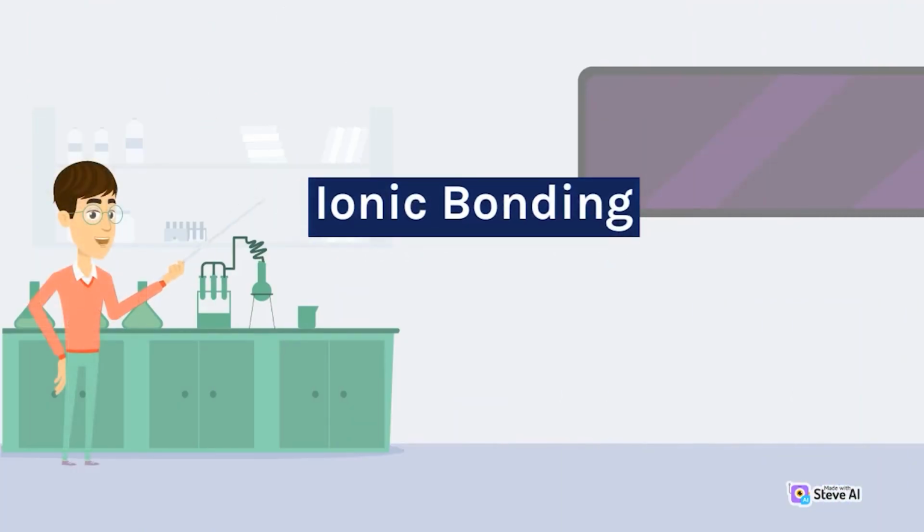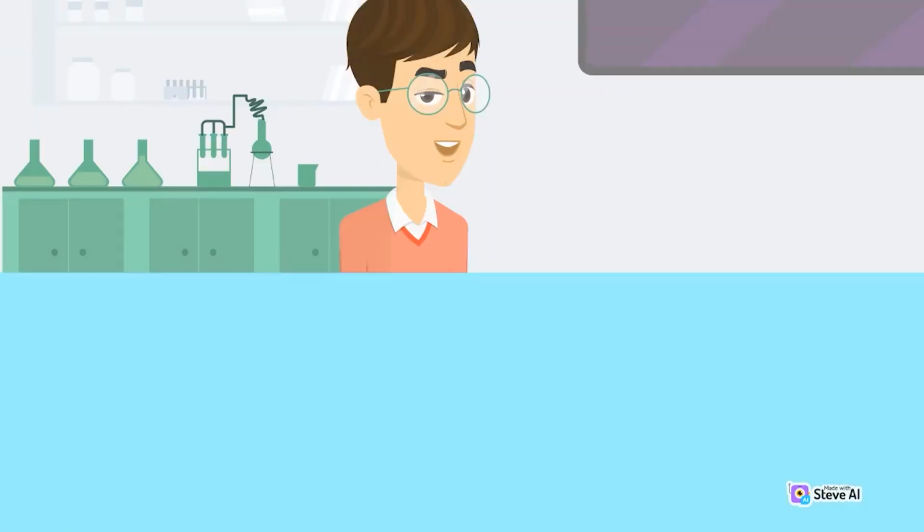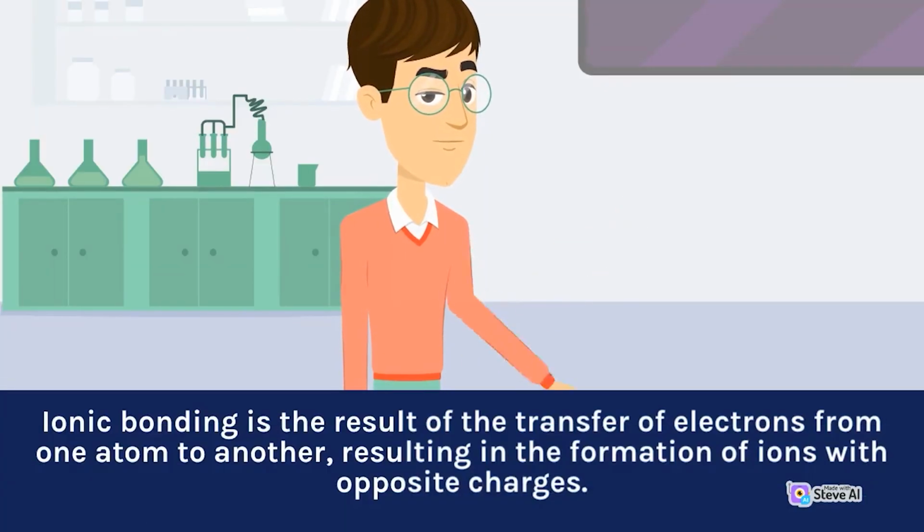Ionic bonding. Ionic bonding is the result of the transfer of electrons from one